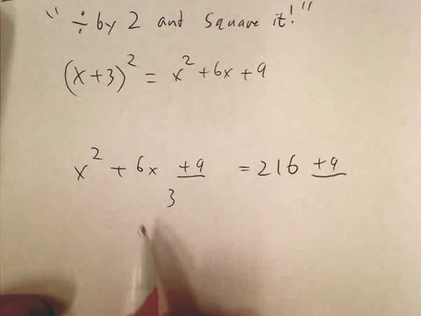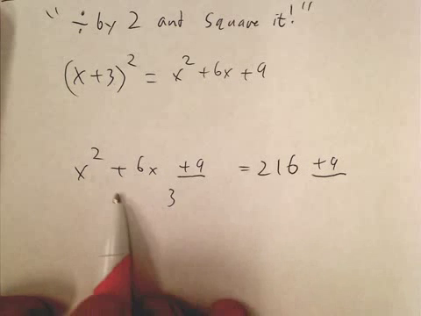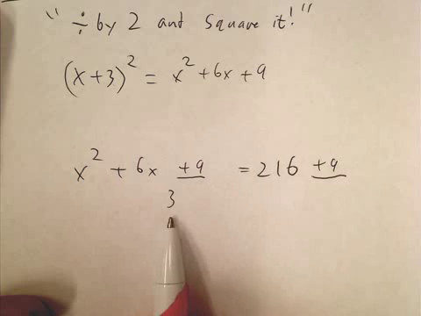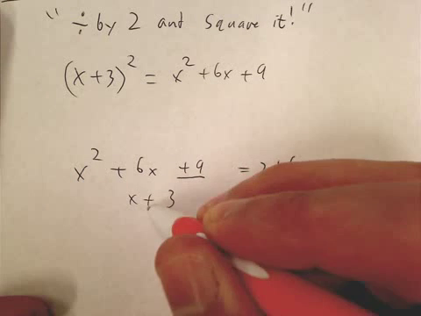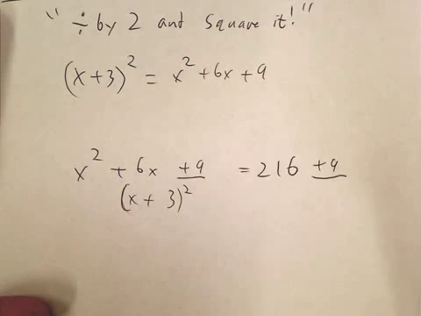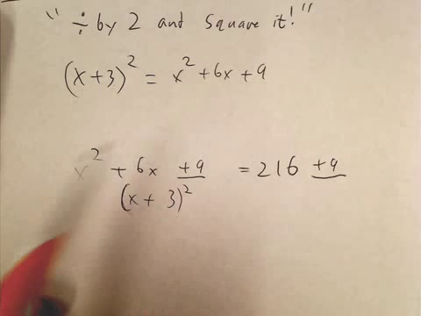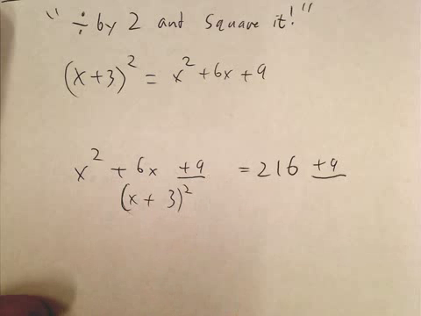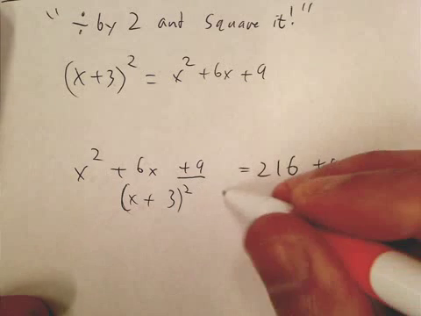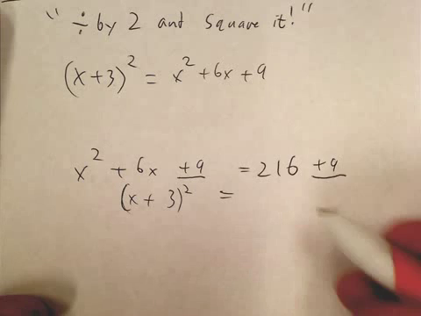Okay? Well, what happens here? Once I write this first number down, I just put x plus in front of it. Because I just showed you that (x + 3)² is x squared plus 6x plus 9. And over here we have 216 plus 9 is